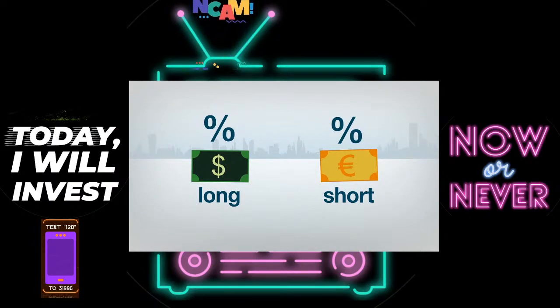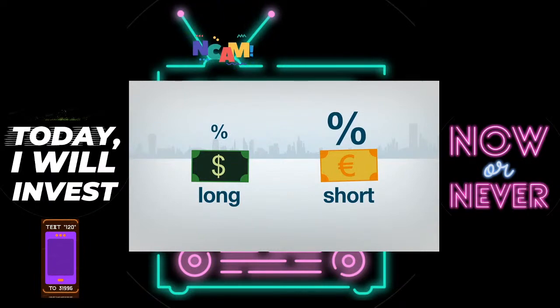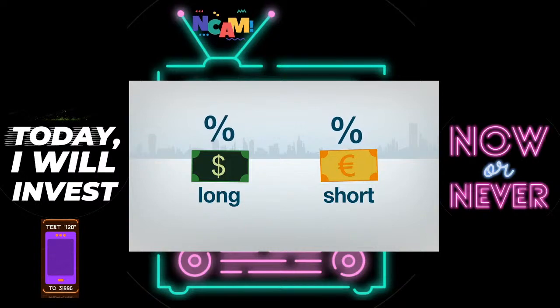In general, an investor receives a credit if the currency he is long has a higher interest rate than the currency he is short. Conversely, an investor is debited if the currency he is long has a lower interest rate than the currency he is short. Let's look at an example.